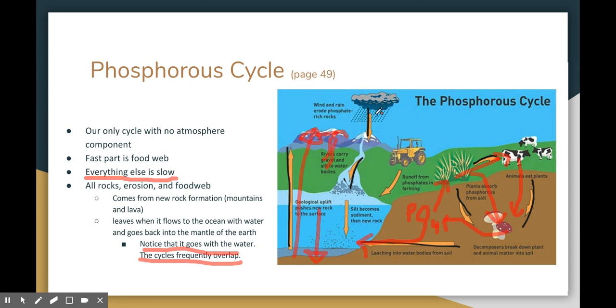eventually rain and water hit them. Again, that water cycle showing up to play, and that causes erosion. Right? You know that erosion is the breaking down of a rock to small little bits. Those small little bits are our phosphates, and they come to our soil to do the plant thing, and then